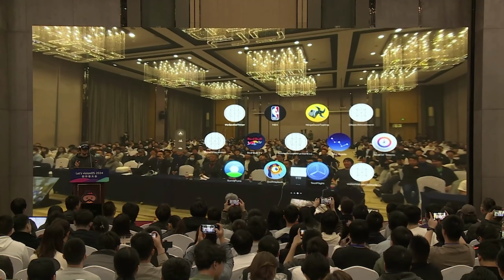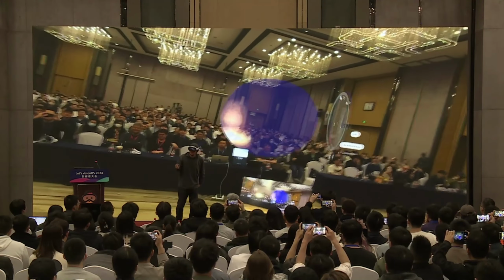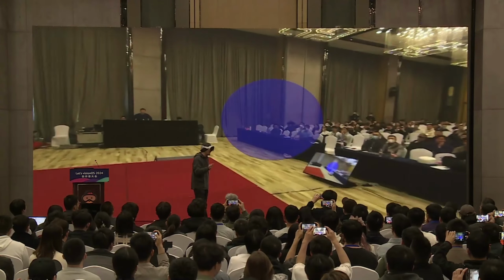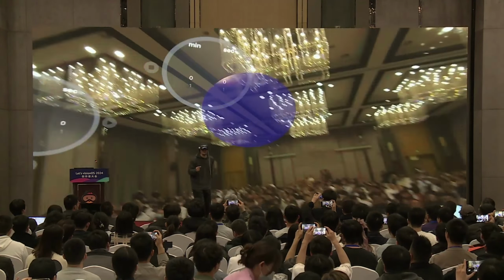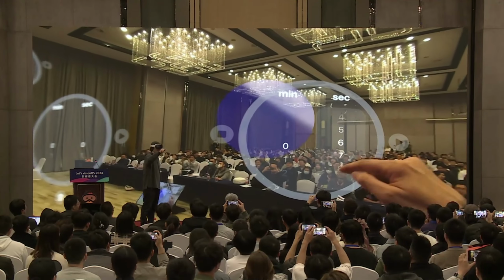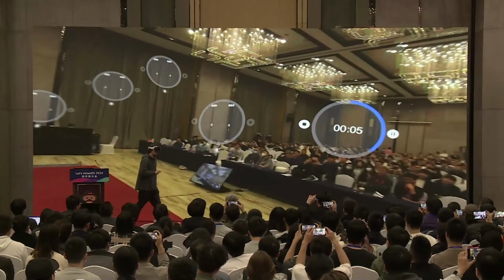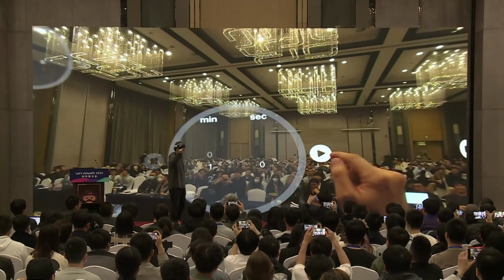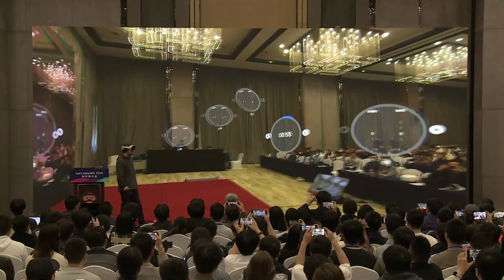Okay, show immersive space, and there's a blue marker, and I tap it. Yeah, timer placed. I go this way, this way, this way, this way. Works well.